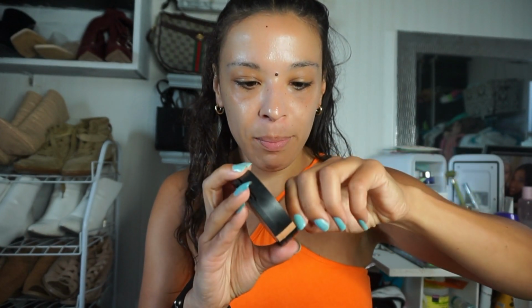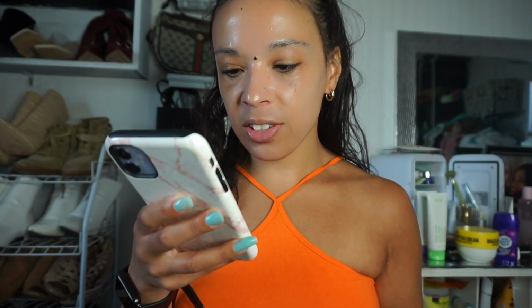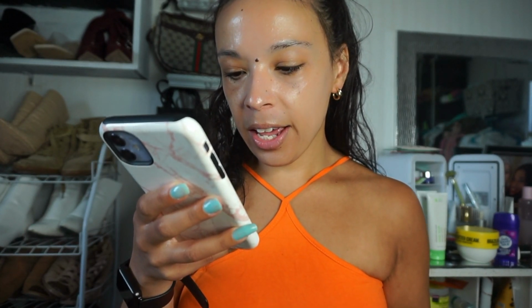Oh, okay. So it is a matte foundation, and I just want to show you. So this is what it looks like. It does have a little bit of fallout, but when we go on the website,